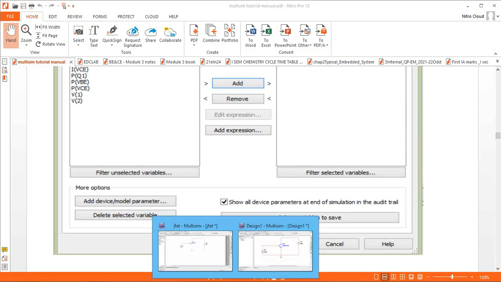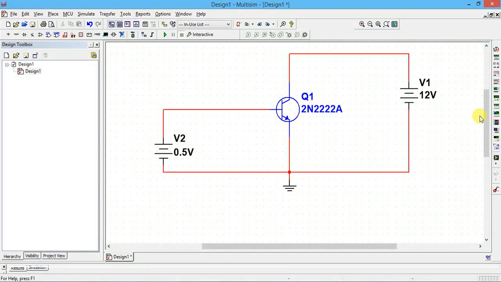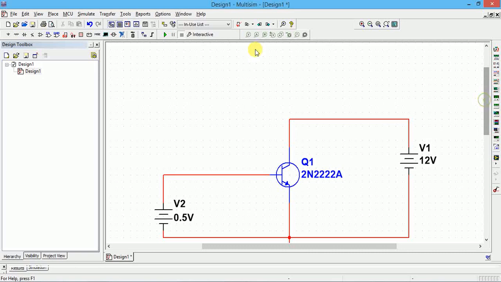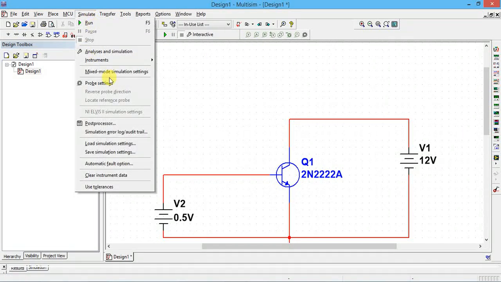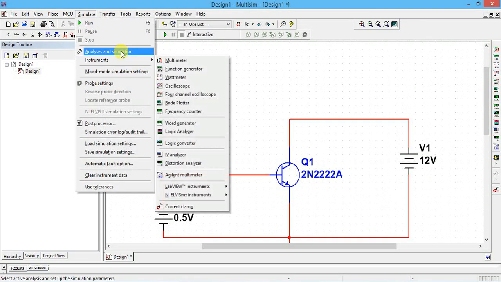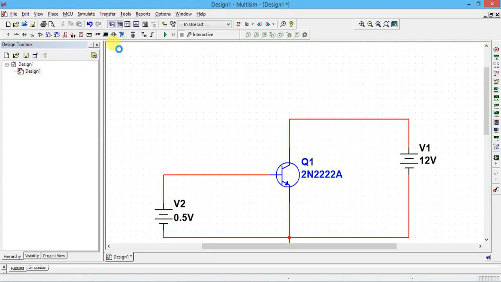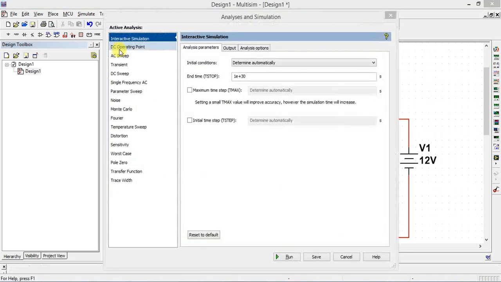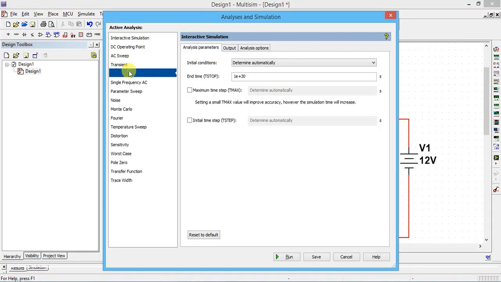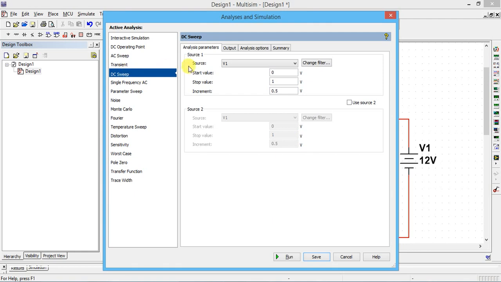Now let me go to this. I have to go to simulate, then analysis. In the analysis you have to select DC sweep. It is taking a little bit. Actually in the college we have an old version of Multisim, so some small variation will be there.